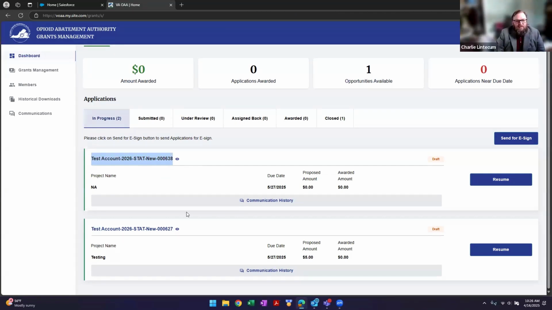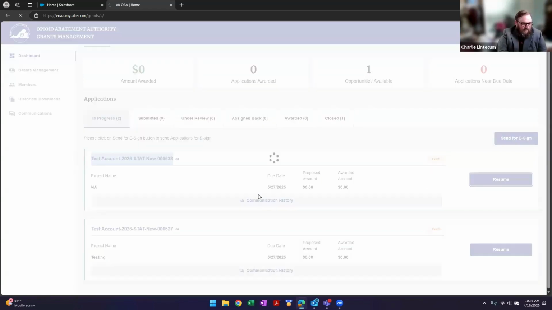One thing to note, a problem some of the cities and counties had: once you've created a project proposal under grants management, you then go back to the dashboard and use the resume buttons you can see there on the right. That's how you go back in, add information, and edit things to move through that. If you go back to grants management and click again, you'll create multiple new applications. And you do need to make sure that anything that's a current project that needs renewal is showing as a renewal, not as a new. Otherwise, we'll have to help you redo that.